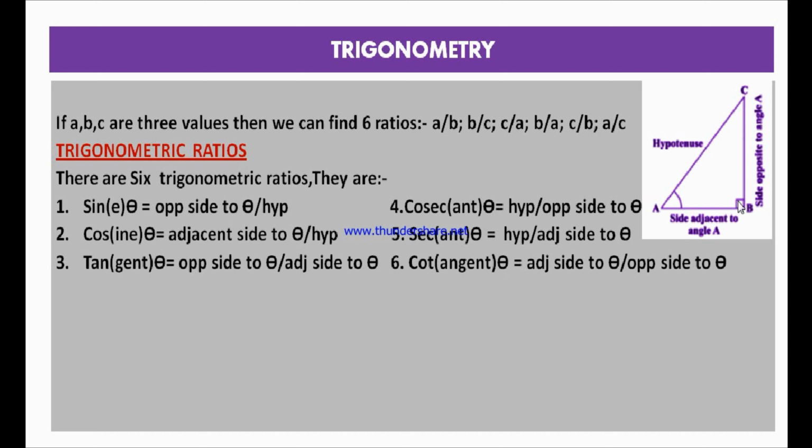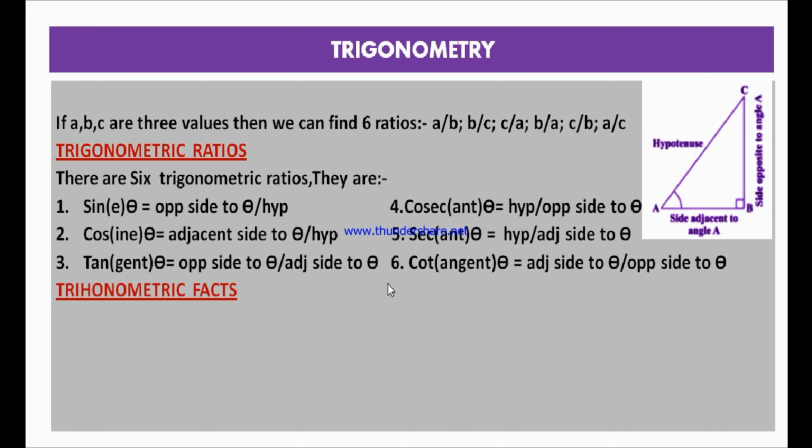You see this in this diagram. Here ABC is a triangle. For example, if angle A is theta degrees, then this is the side adjacent to A, and this is the side opposite to A or opposite to angle theta. And this side is always called hypotenuse as it is opposite to 90 degrees. These are the 6 trigonometrical ratios. One is sin theta, second is cos theta, and the third is tan theta. Now, these are inverse trigonometrical ratios: cosecant theta, secant theta, and cot theta.